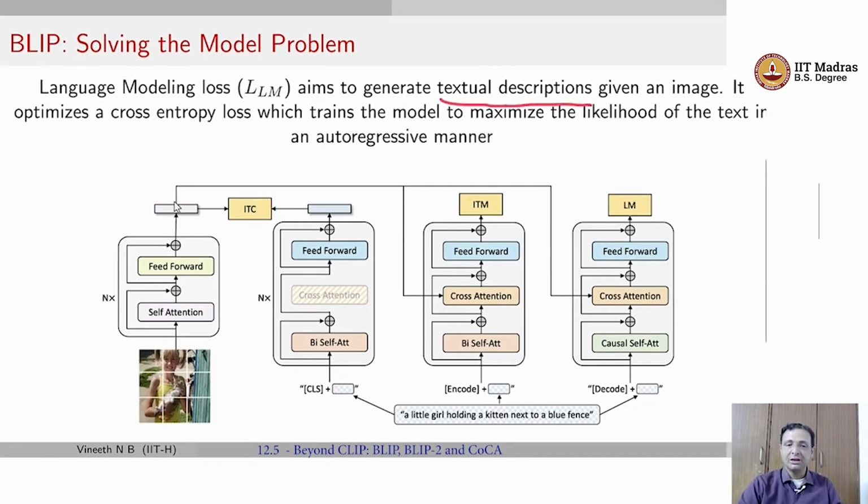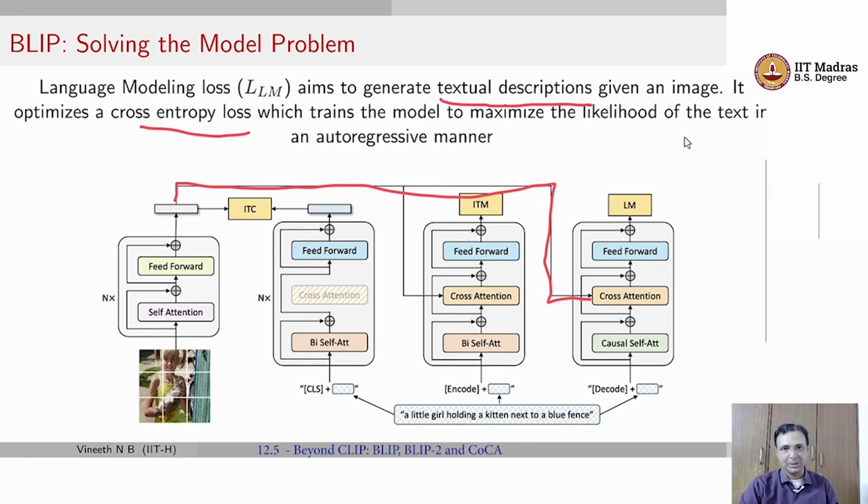I was mentioning once again in the fourth block you have the image embedding that is also provided for grounding alongside your text tokens. So the purpose of this block becomes to generate text descriptions given an image, and it optimizes a cross entropy loss which trains the model to maximize the likelihood of the text in a standard autoregressive